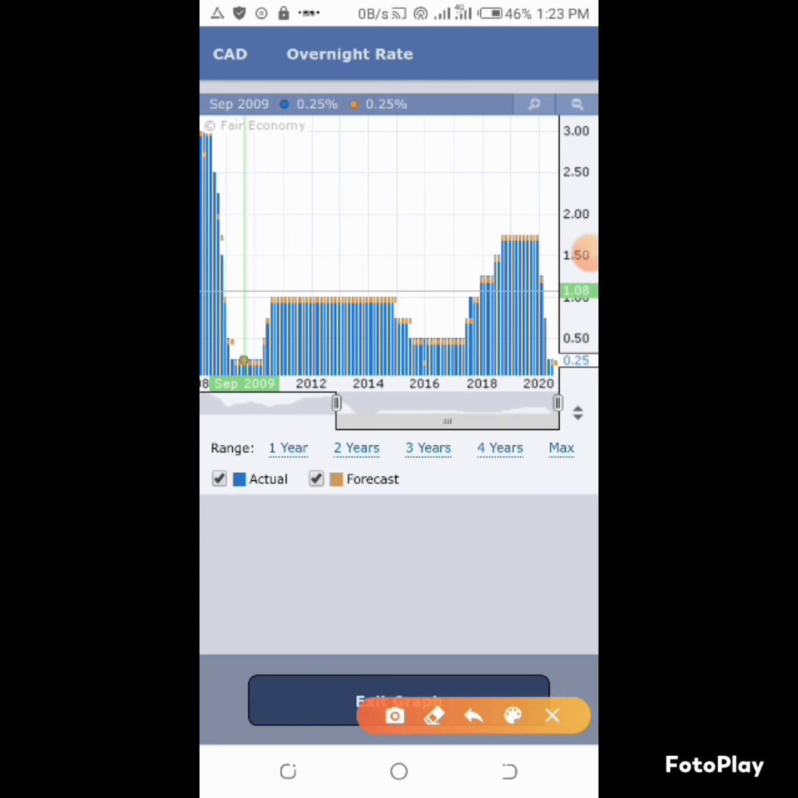And the next question most of you would ask is, how do you trade this news after you've gotten it? So now it is predicted that it is going to go up. So what you do is you buy currency pairs that have CAD as the base currency, and then you sell currency pairs that have CAD as the